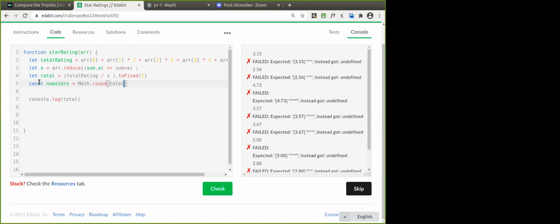Floor will take the nearest bottom integer, least integer, sorry. And ceil will take the nearest top integer. So round off is based on this: if it is less than 3.5, it will round off to 3, the nearest integer. If it is more than 0.5, it will go to the ceil value. Good. The highest integer nearest to that one.